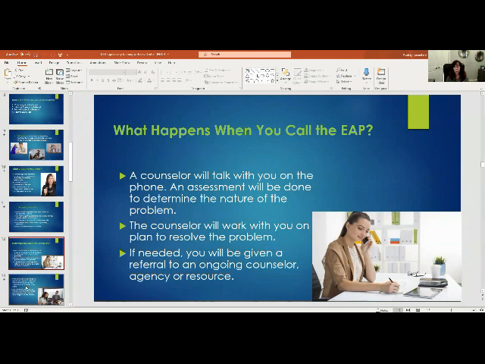And the counselor will work with the individual on a plan to resolve the problem. So if I think that somebody could benefit from individual therapy, and that is the last thing they're going to do, then that probably won't be a great referral. So it's really important to get an understanding of what somebody's tried in the past and what they're looking for help with now. And if somebody needs an ongoing referral for counseling or treatment, we'll be happy to make those